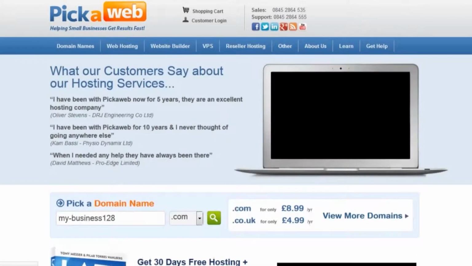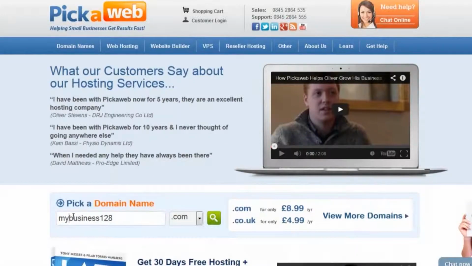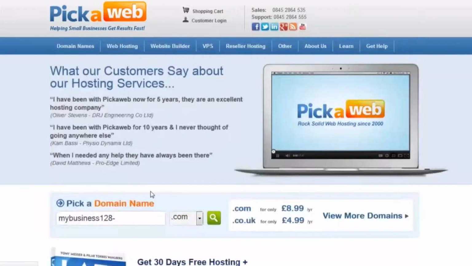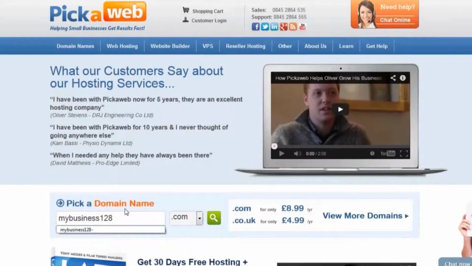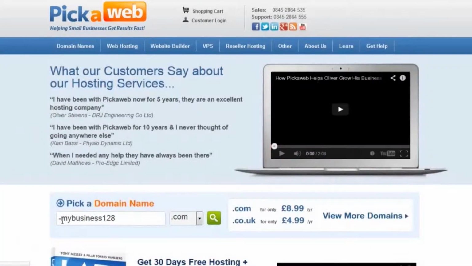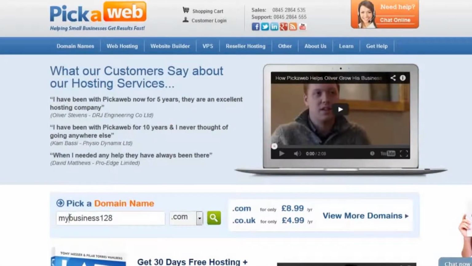Now there are a couple of things you need to take into account. You can't have a hyphen at the end of your domain name. It will say that that is not valid. So you can't register it with a hyphen at the end. Also, you can't have a hyphen at the beginning of your domain name. So let's just check that. That will give us again an error. So you can use it in the middle, but the thing that you need to consider here, if you're going to use a hyphen,